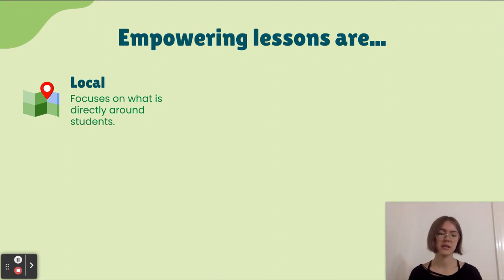This means focusing on the ways that the climate problem manifests on the local level, what it looks like directly around students in their backyards, and also what solutions exist on the local level, what they can be doing, what their community can be doing, what they already are doing and are seeing just in your town or your area around your students. On this level, kids can actually see that they can make a difference.